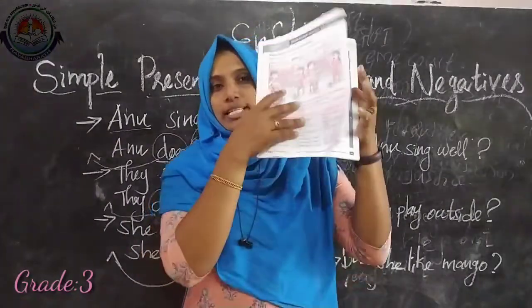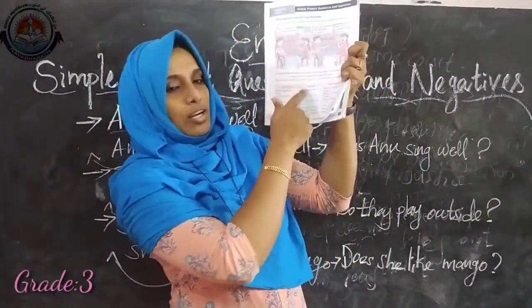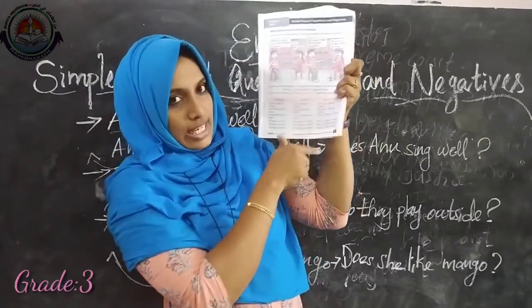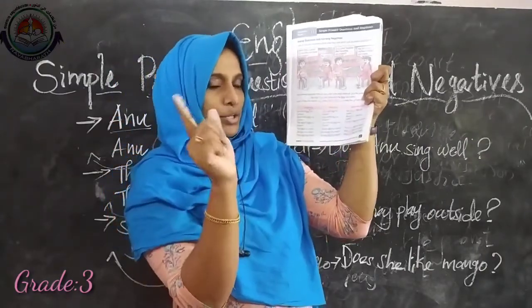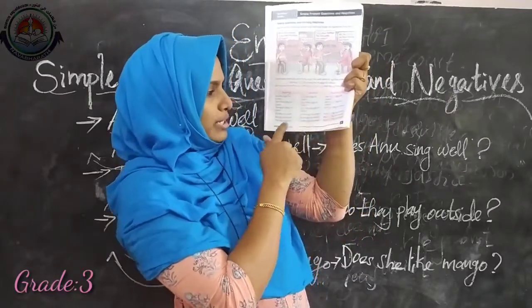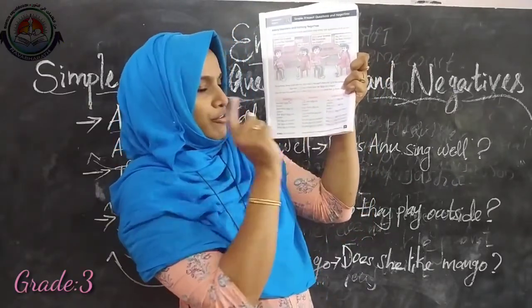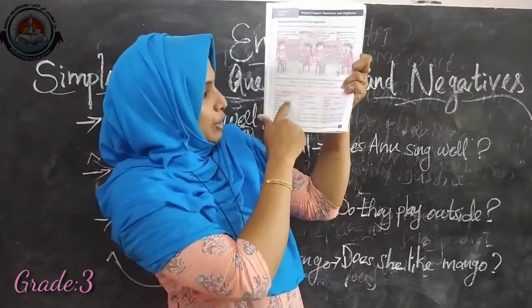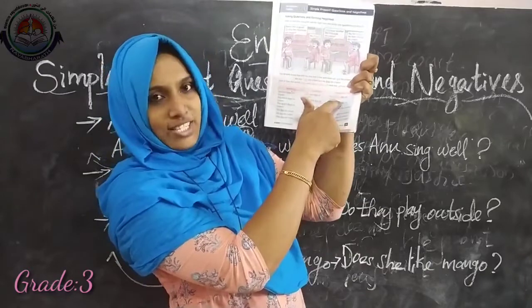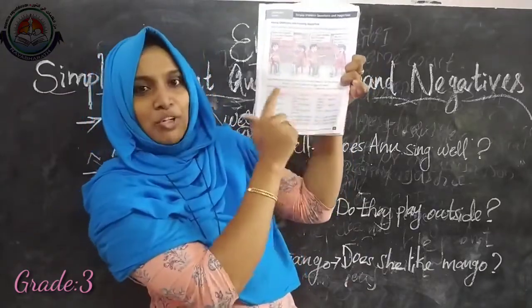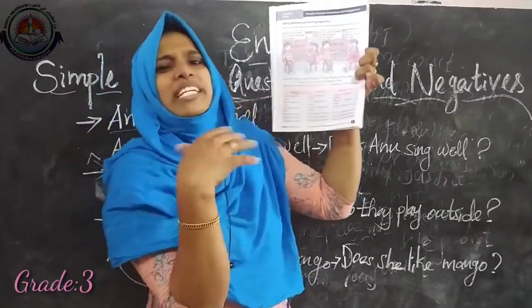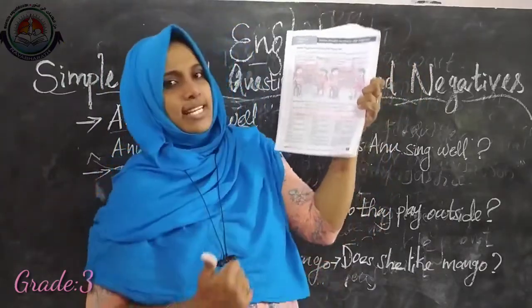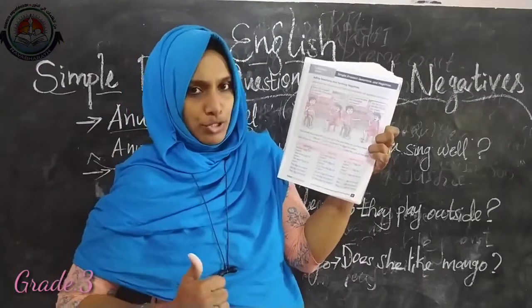Here in this table also you can see that all the simple sentences, their question forms and their negative forms are given. But you don't need to follow all these tables directly. First, just go through the simple sentence, then go directly to the negative sentence. Just make a jump to this third column. Then it will be much easier for you to make the question. From the negative sentence itself, we can make the question.